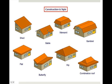So a pitched roof will have at least 2 sloping surfaces, and a gable roof is when the sloping surfaces are sloping in the opposite direction and kind of meet in the middle. A shed roof only has 1 slope. Then gambrel roofs look sort of like a barn. They have these slightly pitched tops and then 2 more dramatically pitched sides. The hip roof will have pitched sides all the way around the structure. A butterfly roof is essentially an inverted gable roof. And the mansard roof comes from the French and sort of the roof slopes down the front part of the